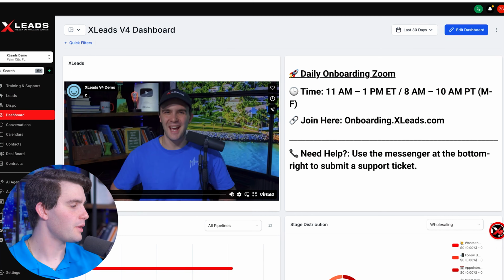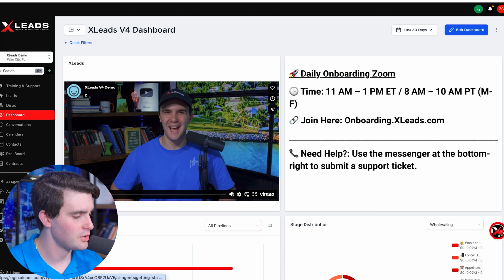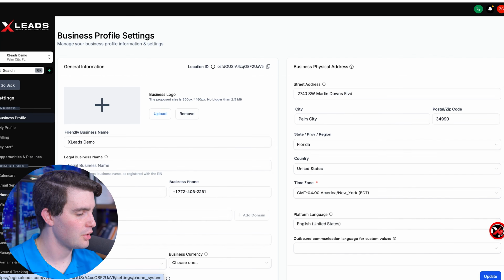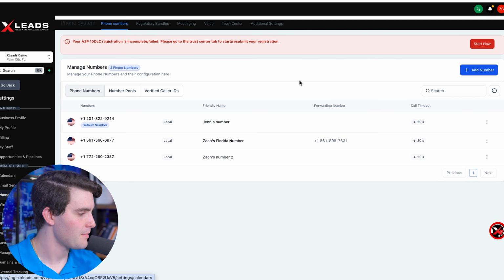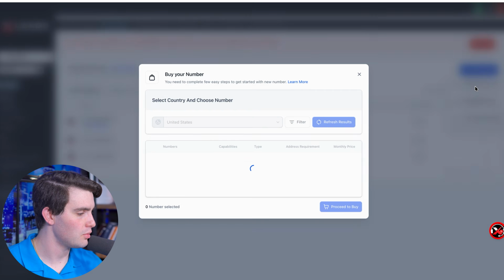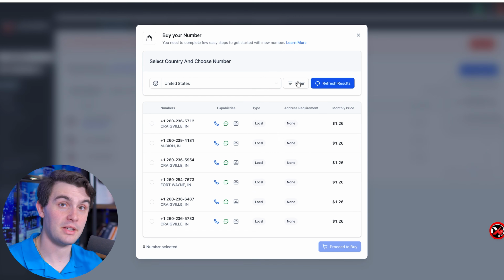And if you're kind of crazy and want to send 100,000 text messages every single month, which is like 3,000 to 4,000 a day, that's 30 to 40 numbers. Now, the best way to buy a phone number right here is to go to the settings tab, go to the phone system tab, and press add a number. Make sure you do it in your area code or zip code of choice.